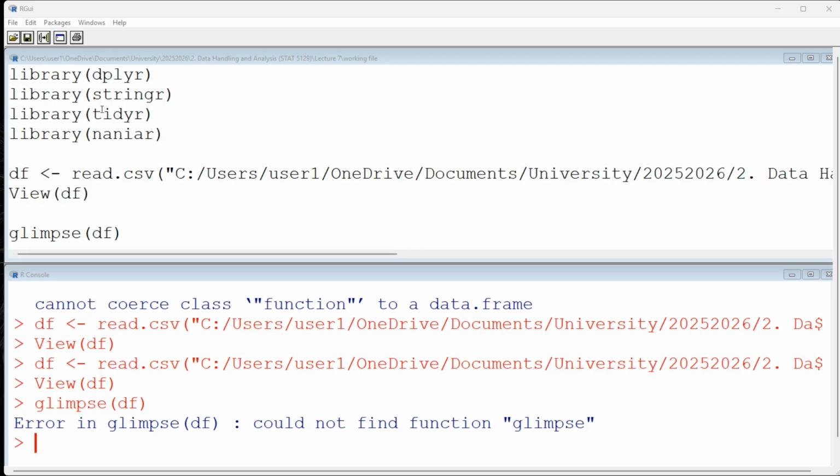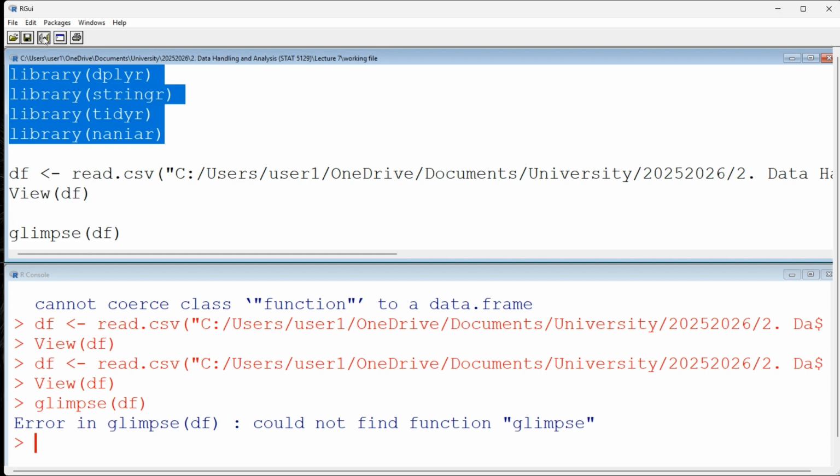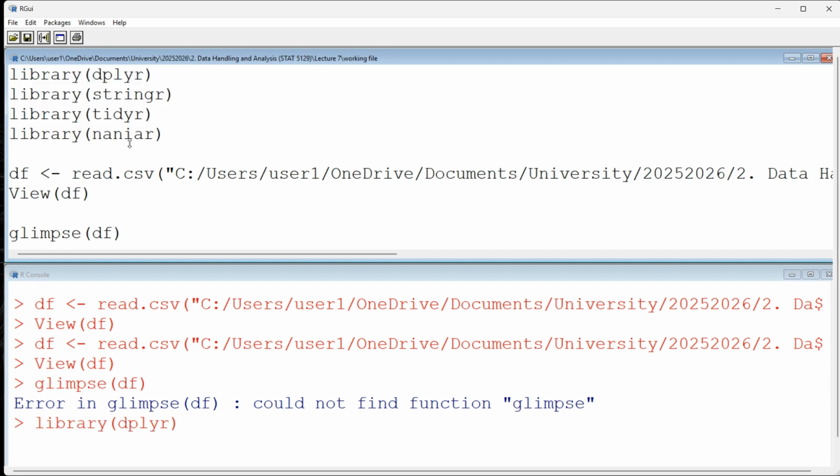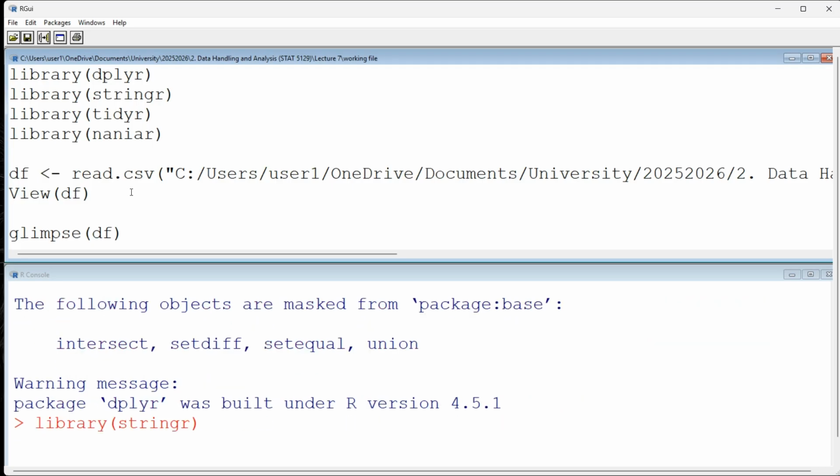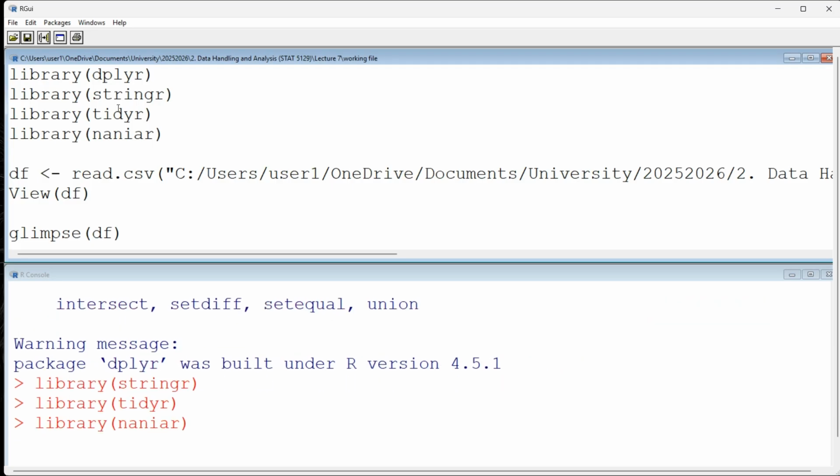So I think I forgot to load all these libraries. I've noted them, but I forgot to load them. So let me load these libraries and then we continue. Now, there is one thing that you need to remember: if some of these packages you don't have,